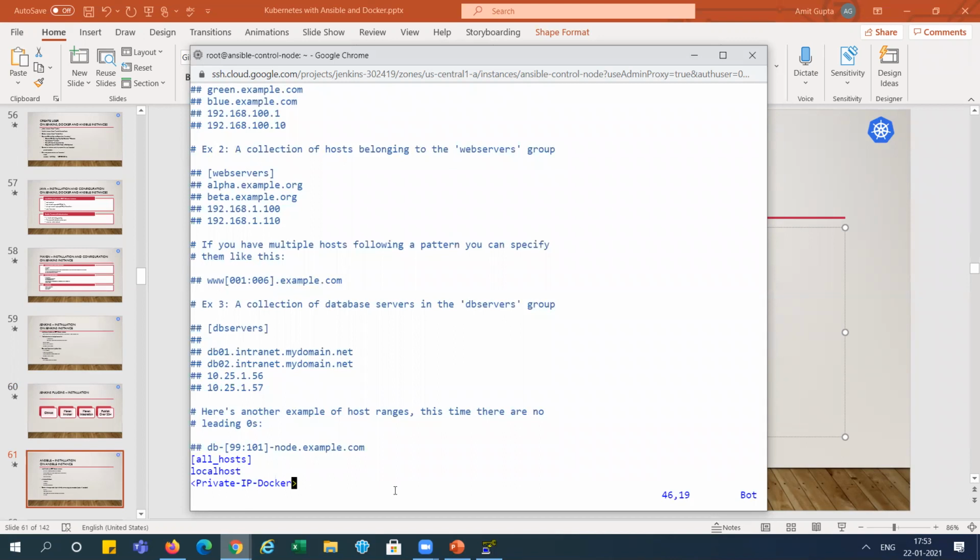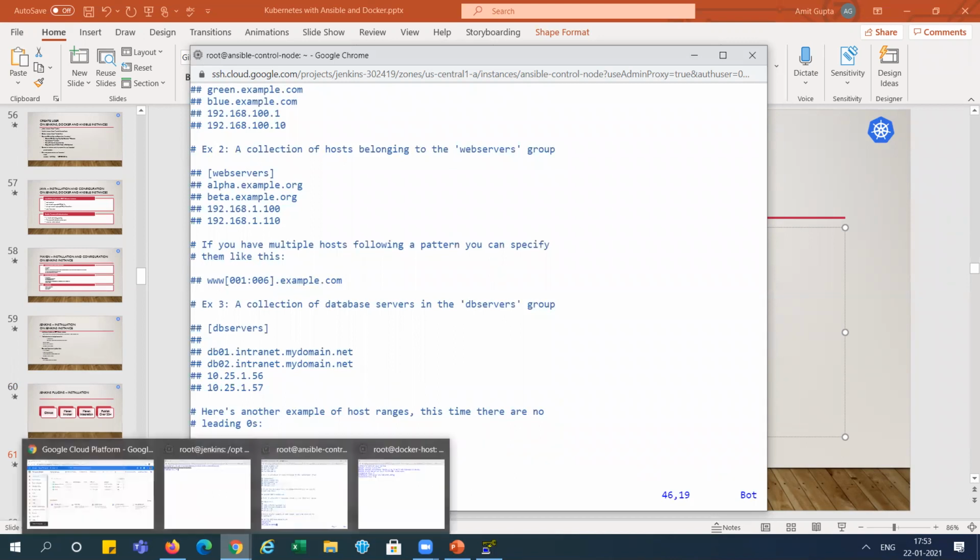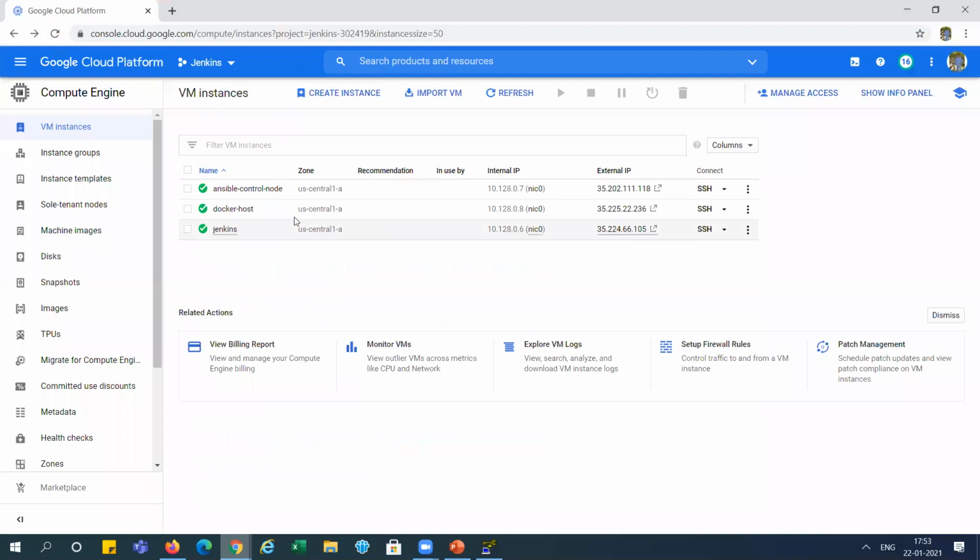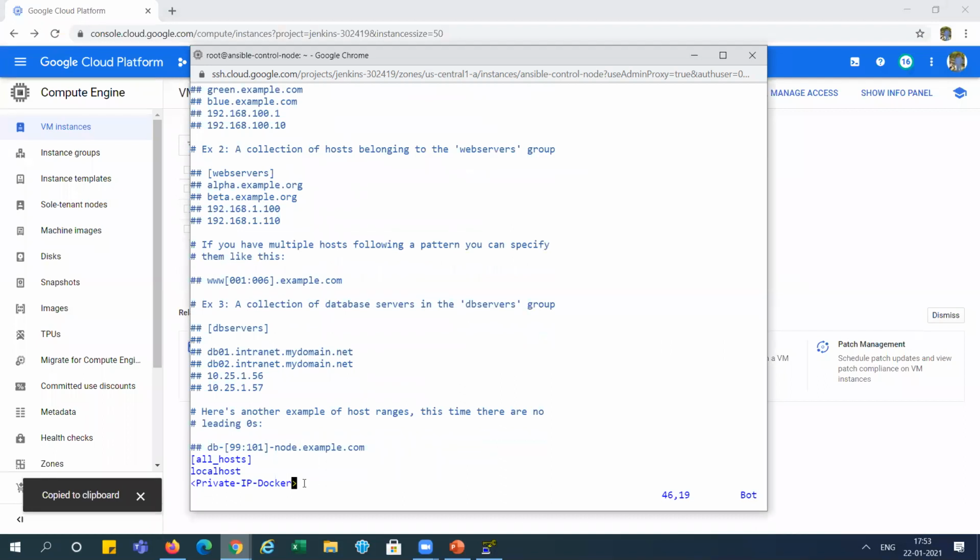So I will go over there in that console and take the private IP of Docker. Right? This one is the private IP of Docker, right? We need to set over here. Okay, now I am saving it.